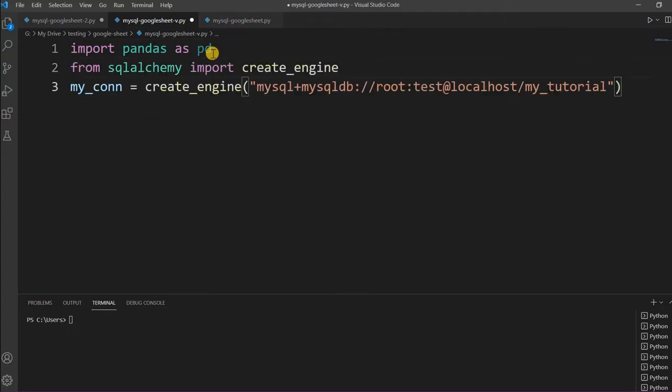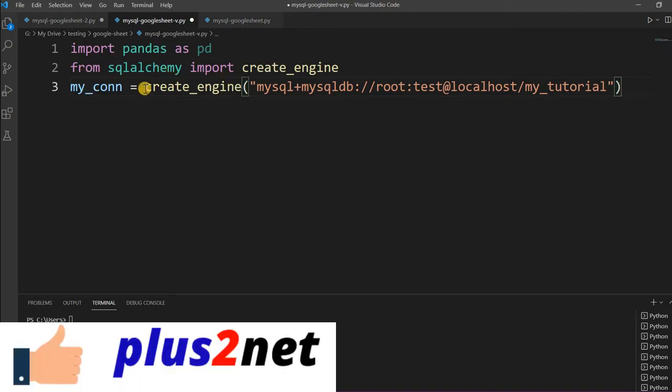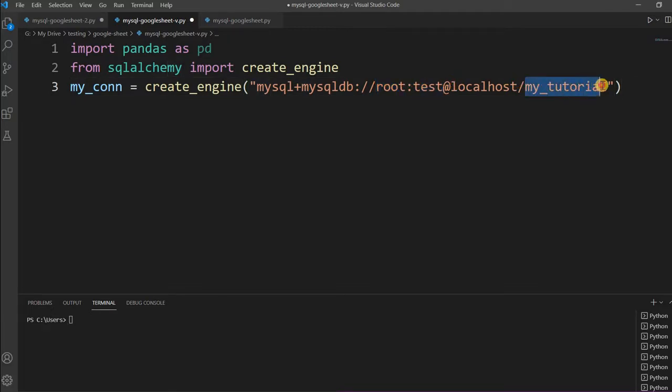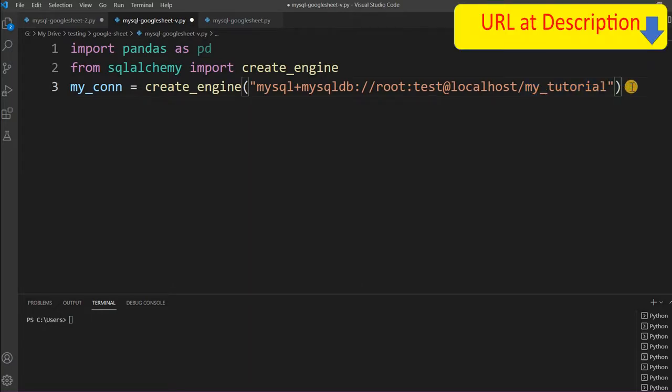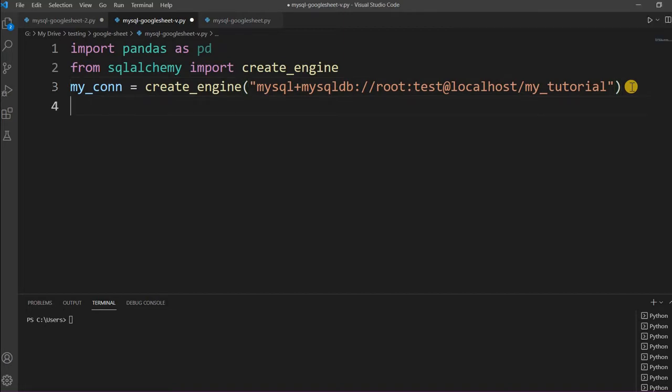Now this is the SQLAlchemy connection string. So we have imported that and created the connection string. Here I have used my user ID, my password is here, and the database name is here. You have to change this based on your requirement, and you must have SQLAlchemy installed. All this we have discussed in another video that is already available. I will leave the link here, so if it is not installed, check it, as we will be frequently using SQLAlchemy for our connection.